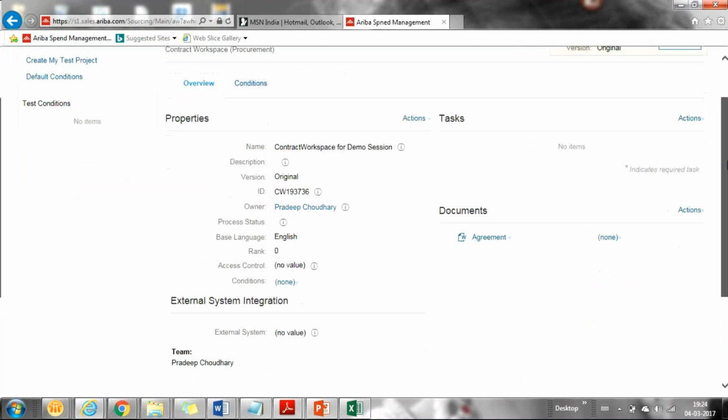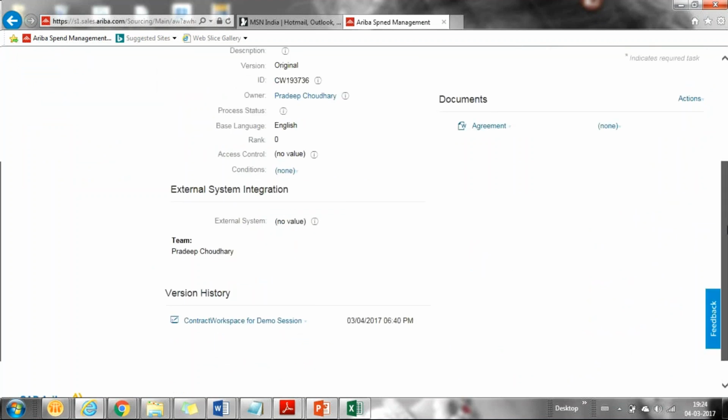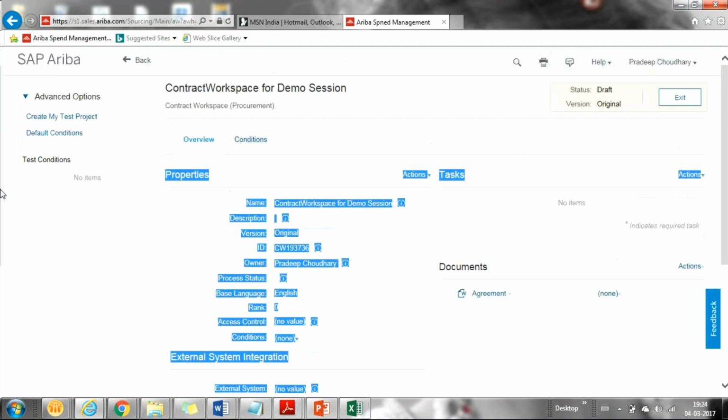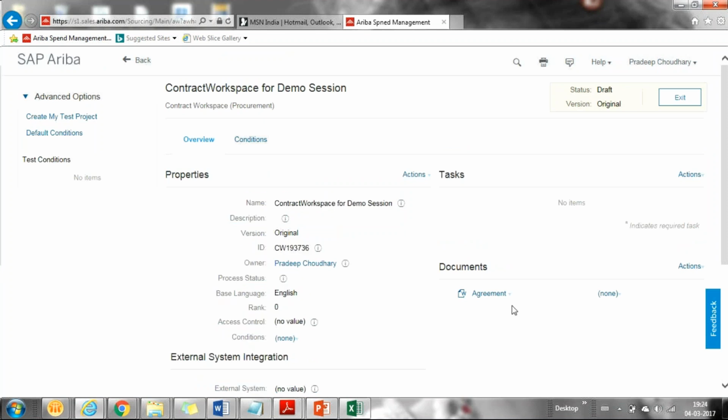We can create a contract using this template where this agreement will be automatically added to that contract, and we can add a few tasks to that contract. Here also we can add a task or set it to be used in contract workspace. Otherwise, if we want to add tasks or phases, we can add it over there at the time of creating the contract workspace. So I'm creating one task so that